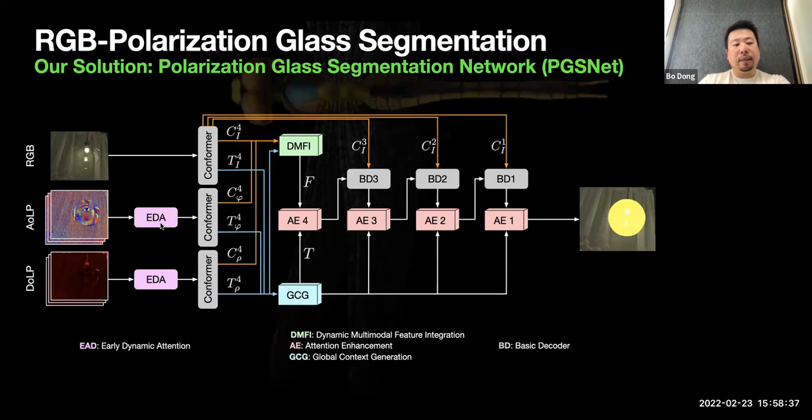So we leverage EAD, or early dynamic attention, to balance the contribution from different color channels. The AD is a very simple architecture. Basically, we just make each of the color channels go through a ResNet-18, and then we leverage the logits to go through the softmax, and then we can